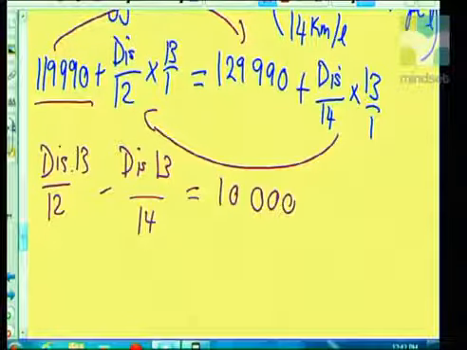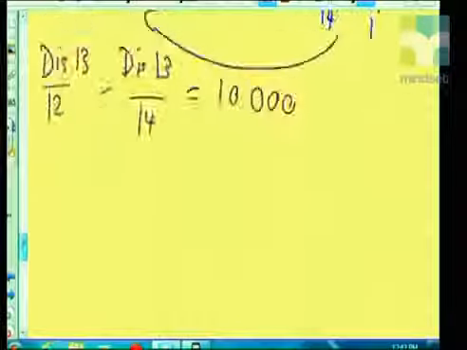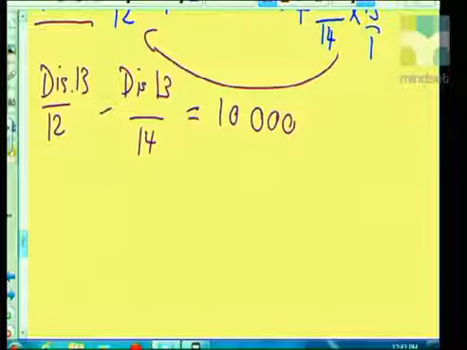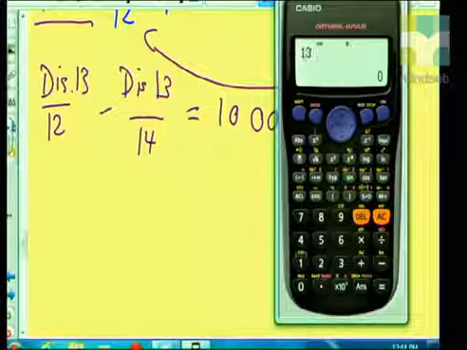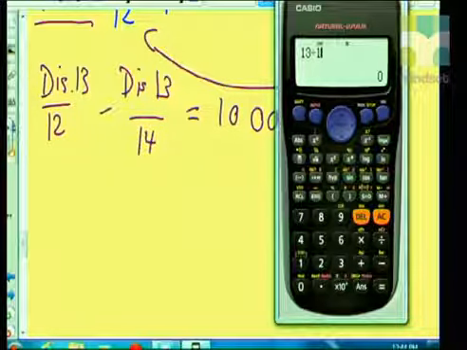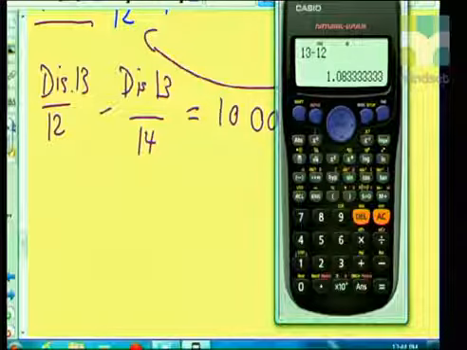Hope you've got that. Now, this is awkward. This is still a little awkward. I haven't got it the way that I want it to be, because I've got figures that are ugly. I want to try and get them to be the same. So what I'm going to do is use my calculator. I'm going to say 13 divided by 12 is equal to